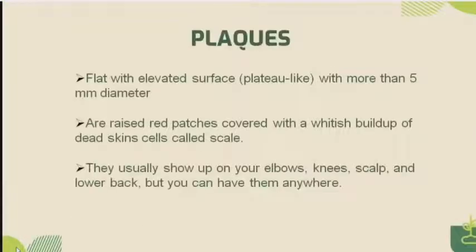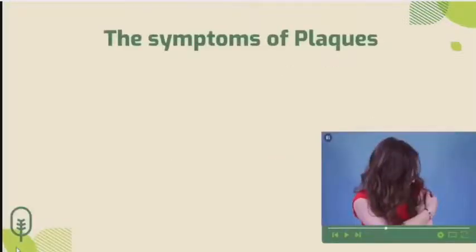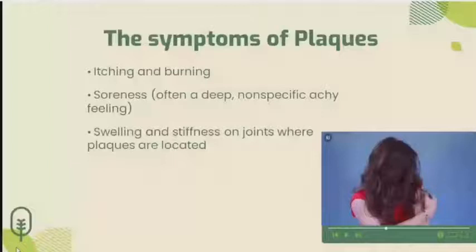Plaque is flat with an elevated surface, more than 5 mm in diameter. Plaques are raised red patches covered with a whitish buildup of dead skin cells called scale. They usually show up on your elbows, knees, scalp, and lower back, but you can have them anywhere. The symptoms of plaque: itching and burning, soreness, often a deep, non-specific achy feeling, swelling, and stiffness on joints where